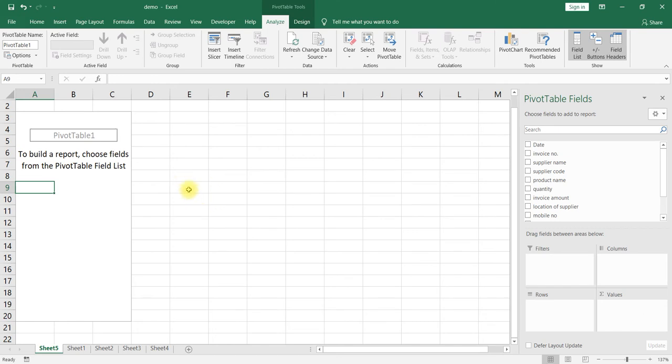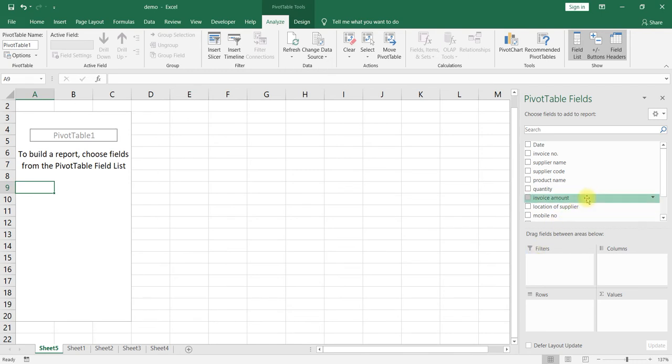And a filter is, for example, if you would like to filter only Bangalore or only Gujarat, you can take it here. So these are the four things available in a pivot table: row, column, value, and filter.